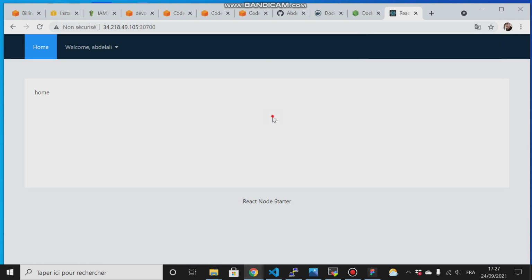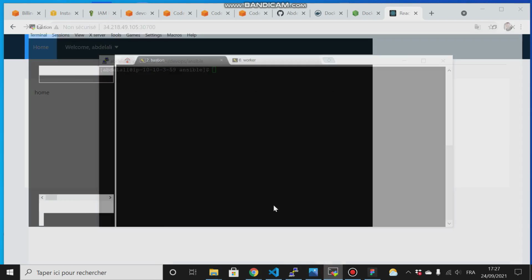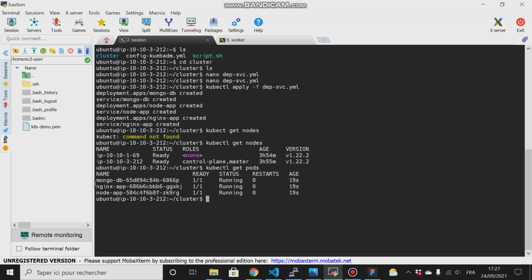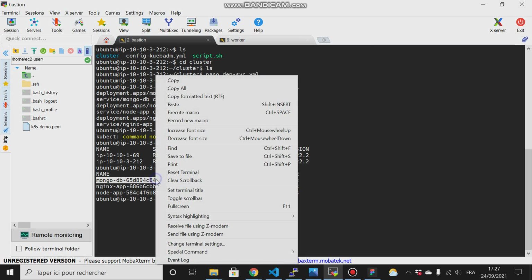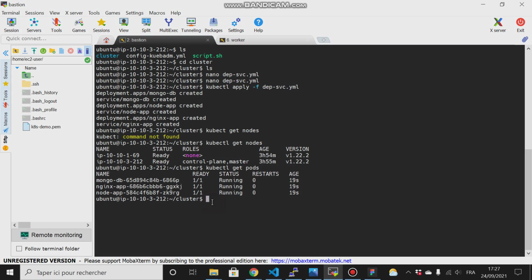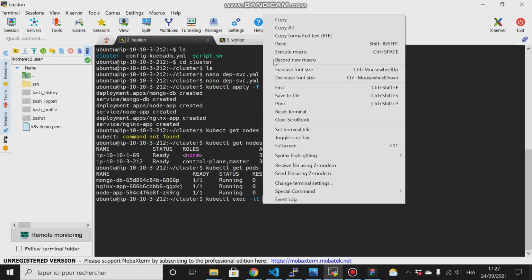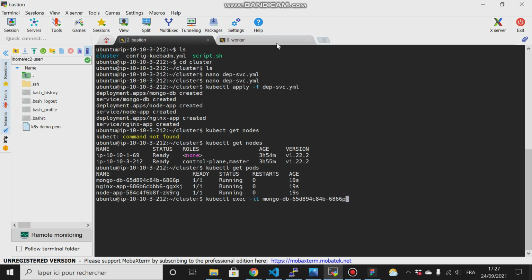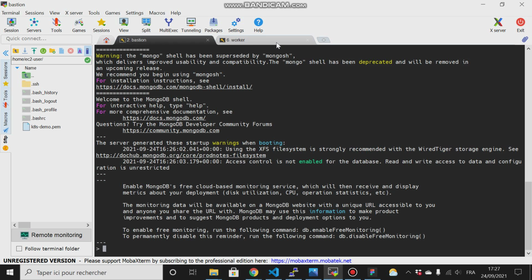Everything as we expected, right? And now if we go to this MongoDB pod and try to bind the shell to it, then paste its ID, and then type mongo and use